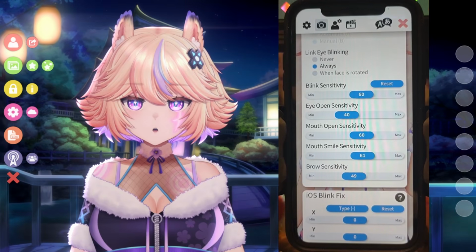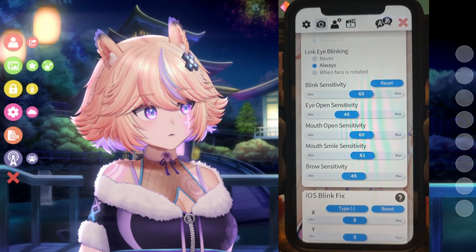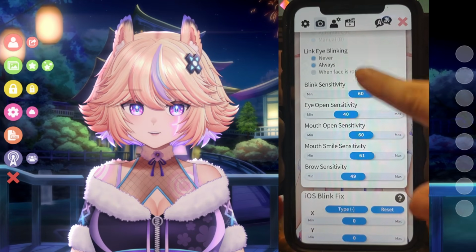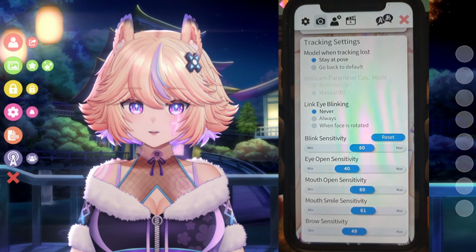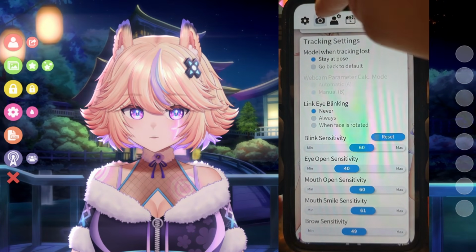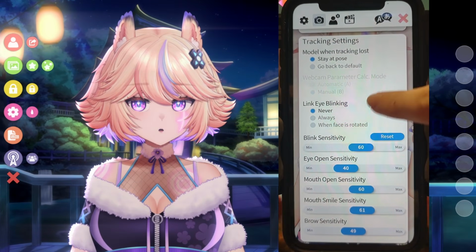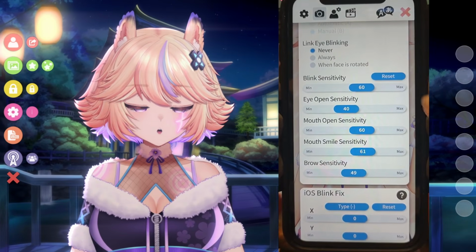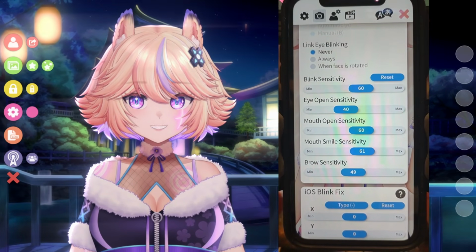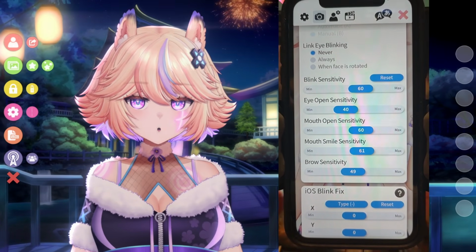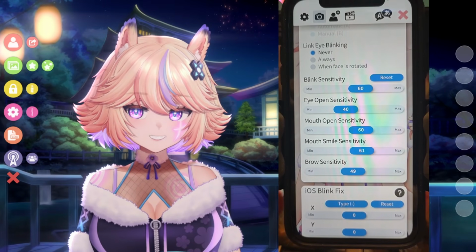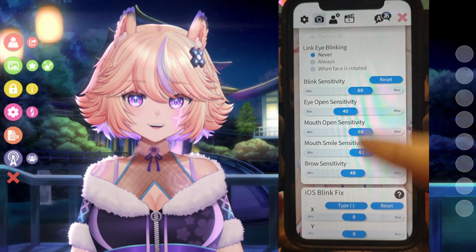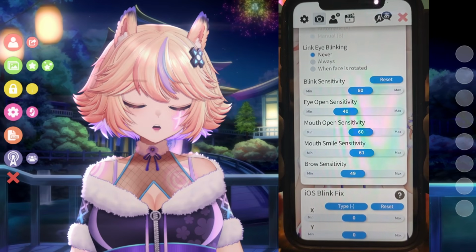Okay, so we're going to start with iPhone tracking, but we're going to start with something really specific with iPhone tracking that I don't think a lot of people talk about, and that is the actual settings on your iPhone for your tracking. So you'll have to go to the app, you'll have to go to this little camera button here, and you'll have to scroll down to specifically these settings. The blink sensitivity, eye open sensitivity, mouth open sensitivity, all of this is controlled specifically by your iPhone settings. It's not controlled in-app, and if you change any of these settings on Steam, then it's not actually going to